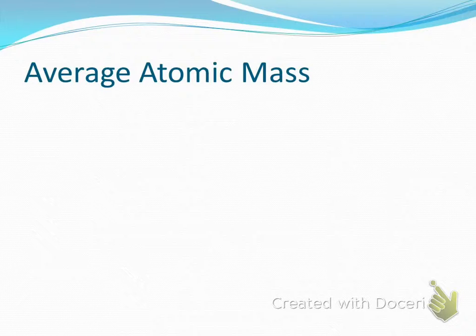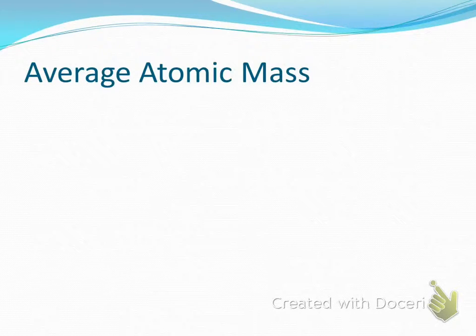Good. Atoms of the same element, so they've all got the same number of protons, but we've got differing numbers of neutrons. So they're all the same element, but they have different masses. We looked at an example of hydrogen, where it had 0 neutrons, 1 neutron, and 2 neutrons. They had all different masses, but they had the same number of protons,